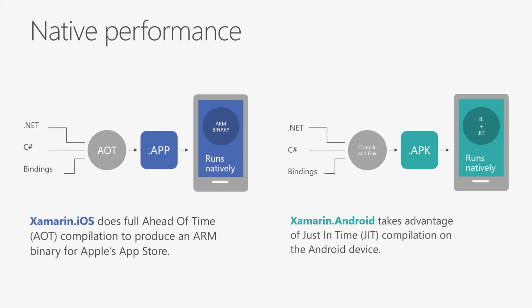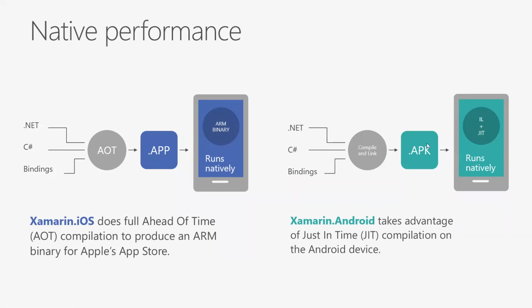Yeah, and the cool thing about this is we've put a lot of work into going above and beyond what the native platforms do. So for iOS, we have an ability to actually run your code just in time. We call it the interpreter, which lets you do some cool stuff during development. And with Android, we have the opposite. Like I said, it's just in time, but you have the option to run it ahead of time, which is fabulous.